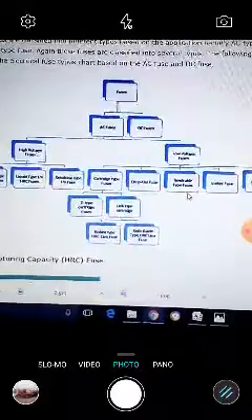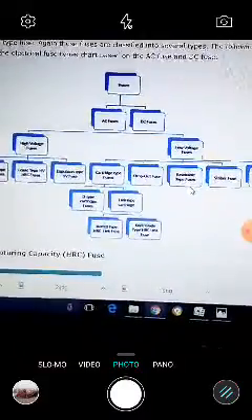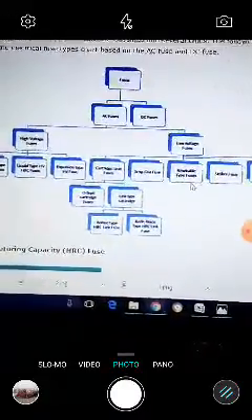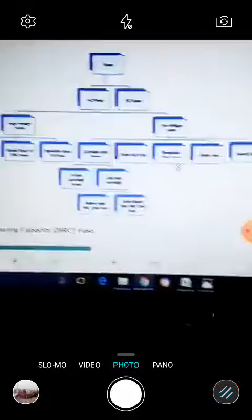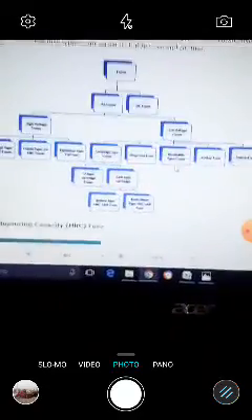Just we will see what is meant by a fuse, what is an AC fuse, and what is generally a DC fuse. It is nothing but a protective device which will break the circuit when more than the rated current is flowing to the particular circuit.